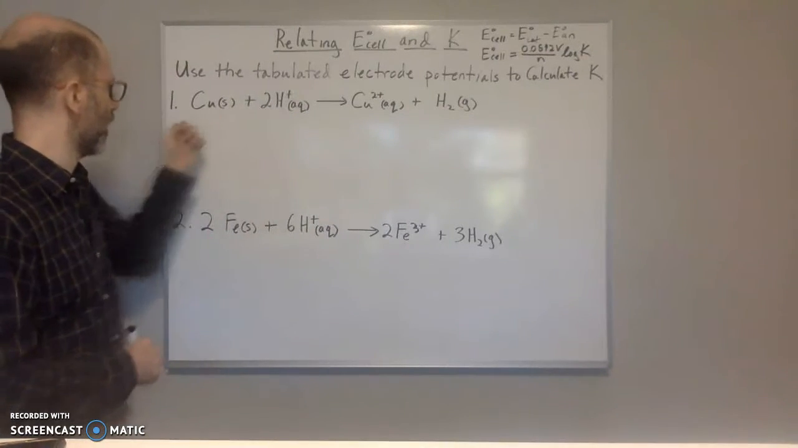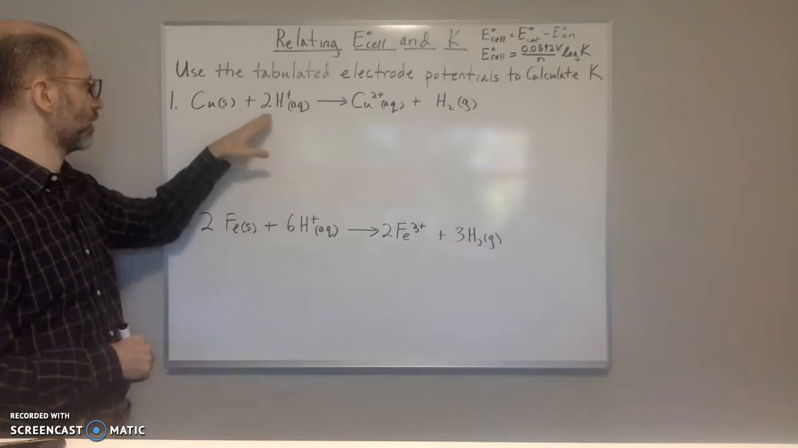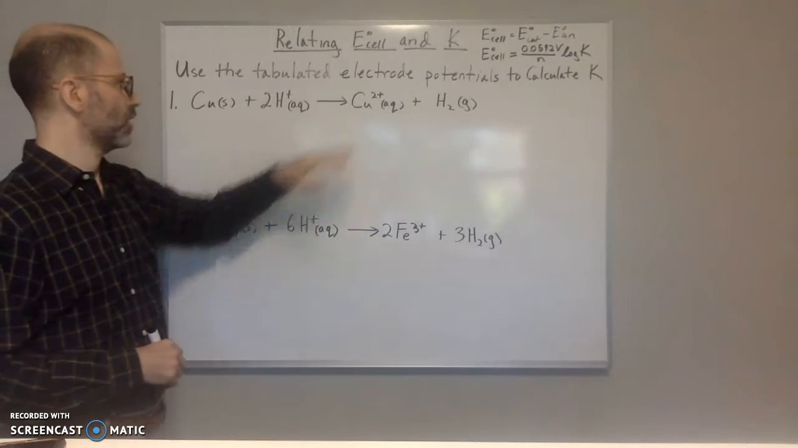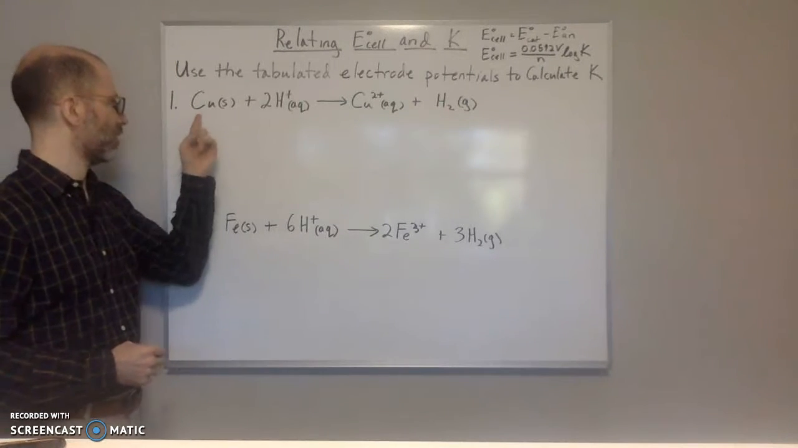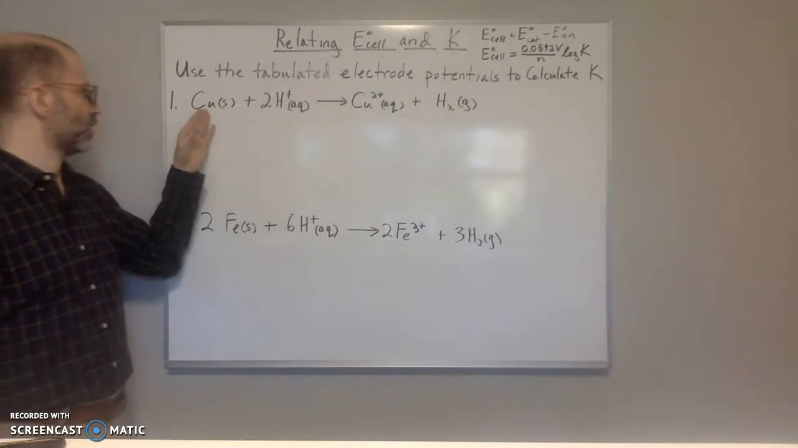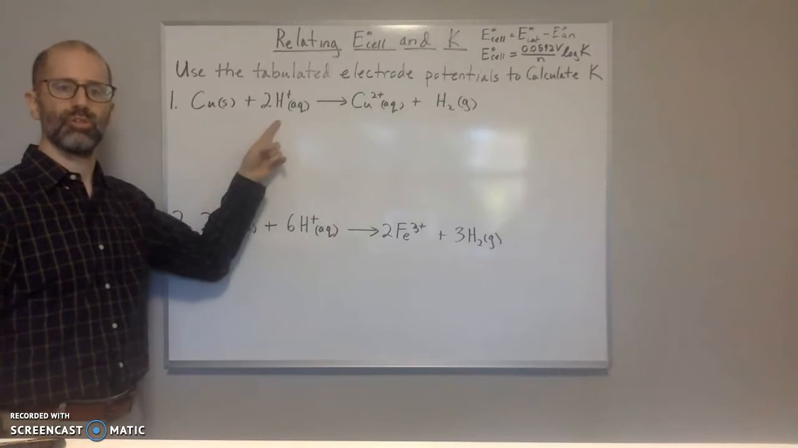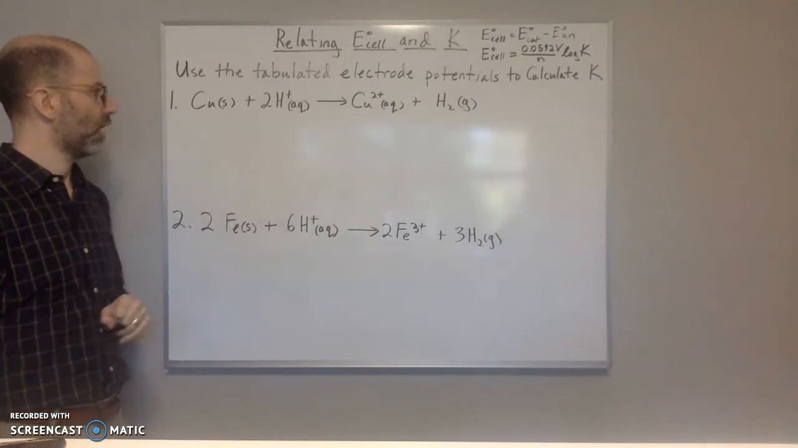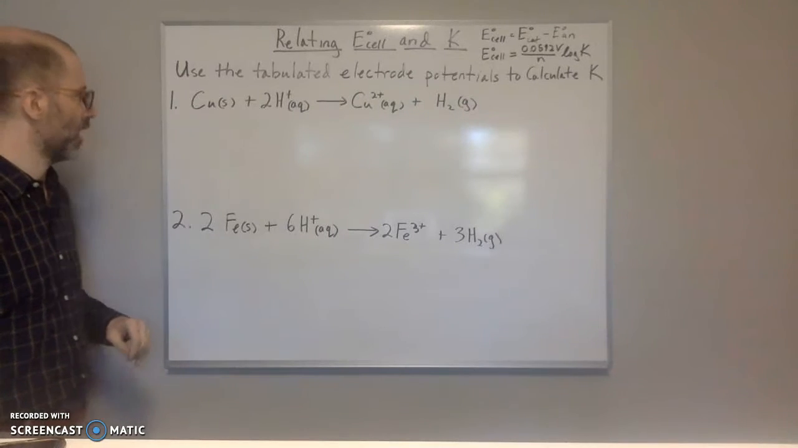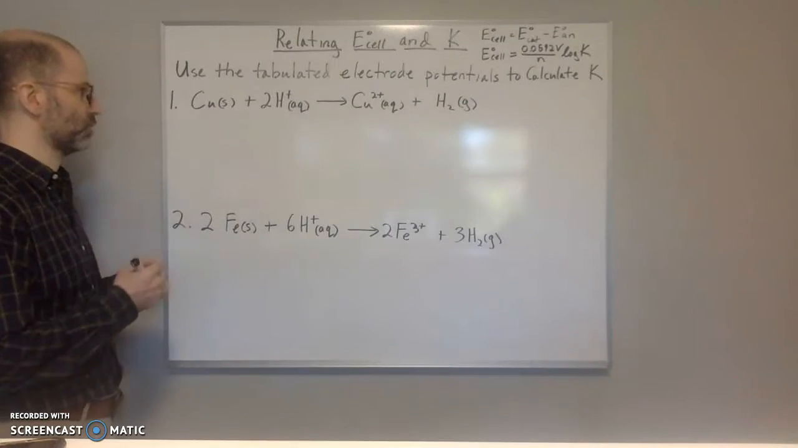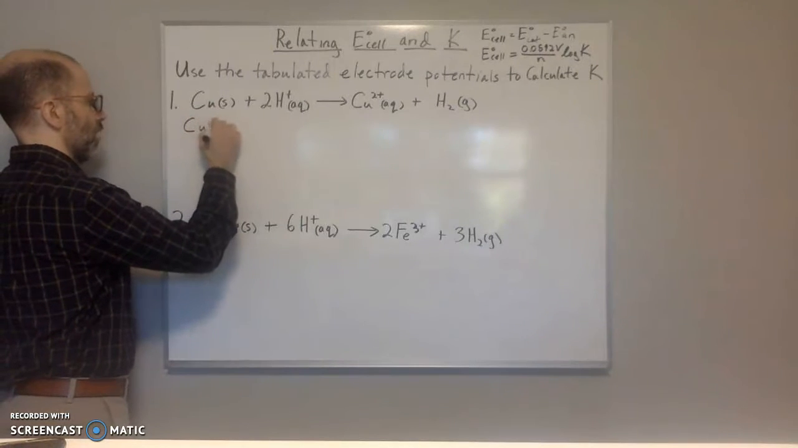So here we have copper solid reacting with H plus to give you copper 2 plus and H2 gas. Here we have electrons that are going to be transferred from the copper to the H plus, and so copper here is going to be oxidized. So we need to split these up. So we'll do copper. So copper solid